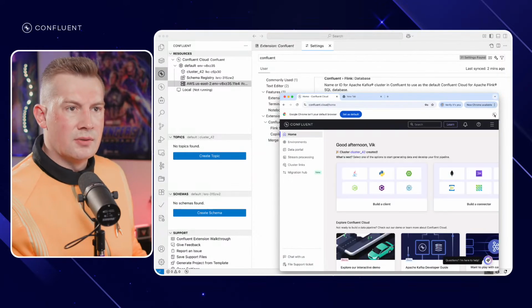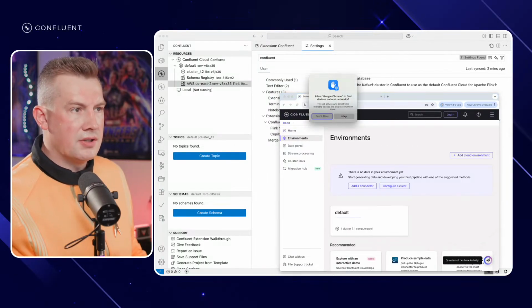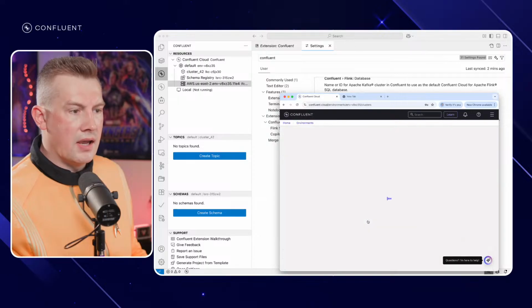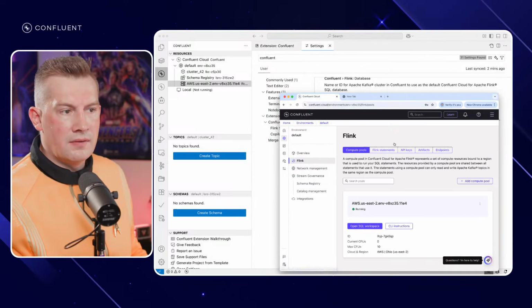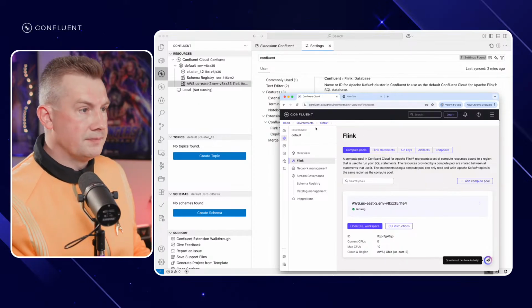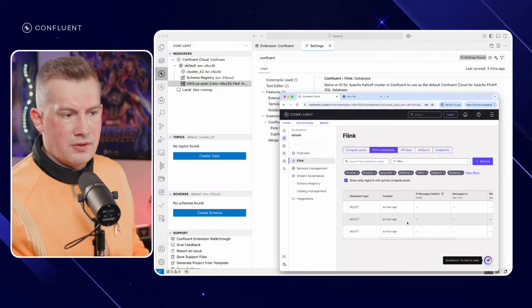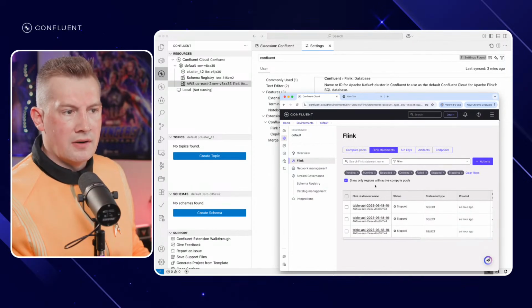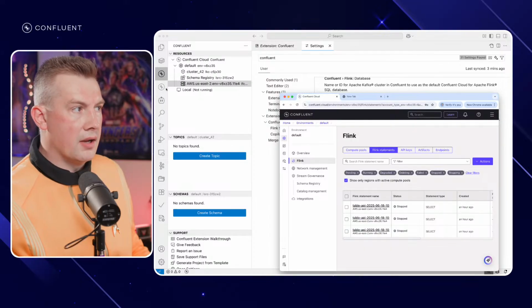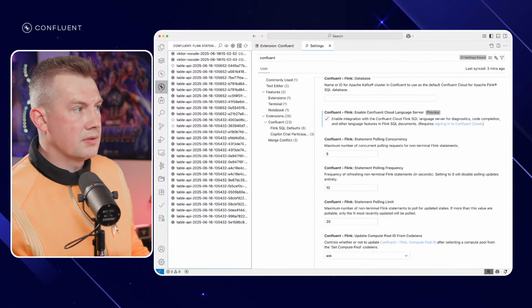Typing is always difficult. Now I do have a fresh environment. There's not much going on here, and I have a cluster, and I do have a Flink compute pool installed, and now I can do interesting things. I do have some of the statements that I previously tested, and those are available in the UI. So same thing in the UI. So I can see here, but also inside my VS Code extension,